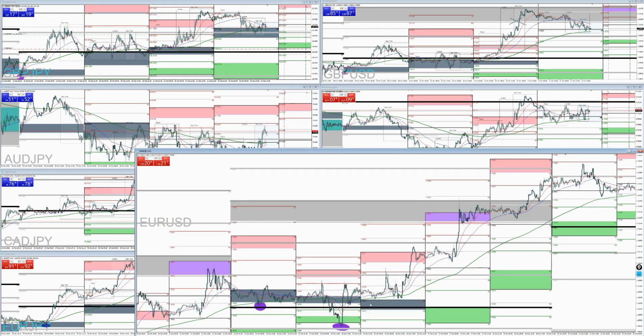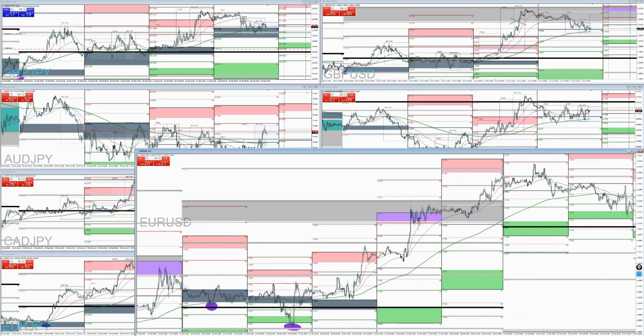So in the system, you want to see these boxes stepping up from each other. This is actually a step down, and this is something I can take a look at as long as we have the setup. Am I still taking these trades even though it's a step down? That's something I need to look at further. But as far as what's running in the system right now, no, this is not a trade I would take.